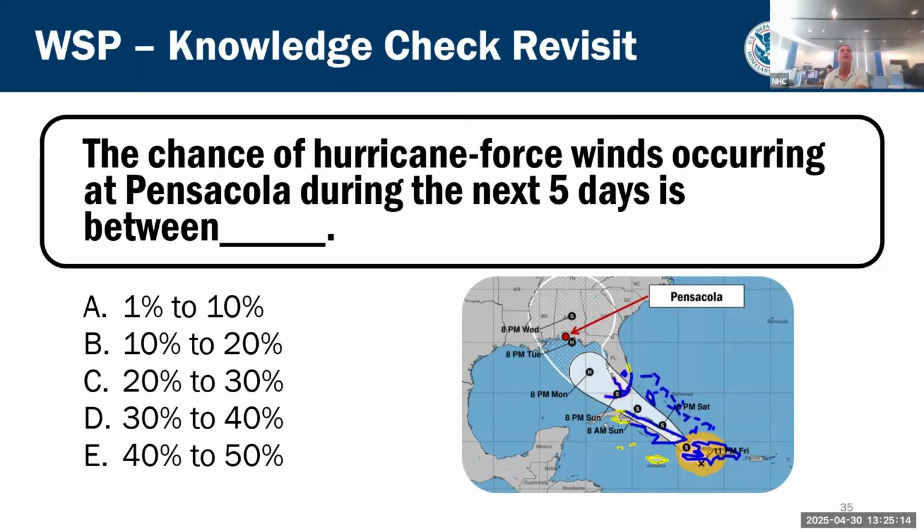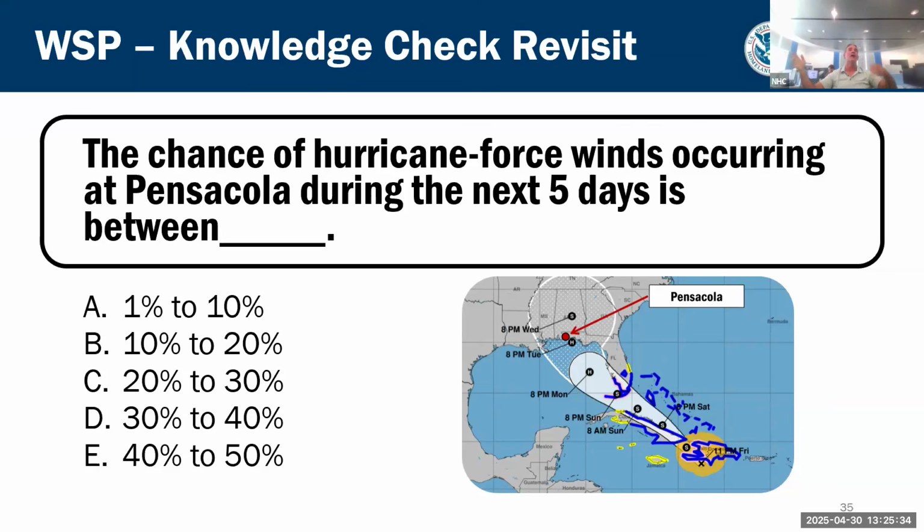So we got about 300 or so votes in. C still in the lead, 32%. In fact, I think E went up 40 to 50% from what I saw last time. All right, I think that's enough. Let's, is the answer if I click? Did we get the answer? Or do we have to hit? No, you don't have the answer. You just gotta tell them.